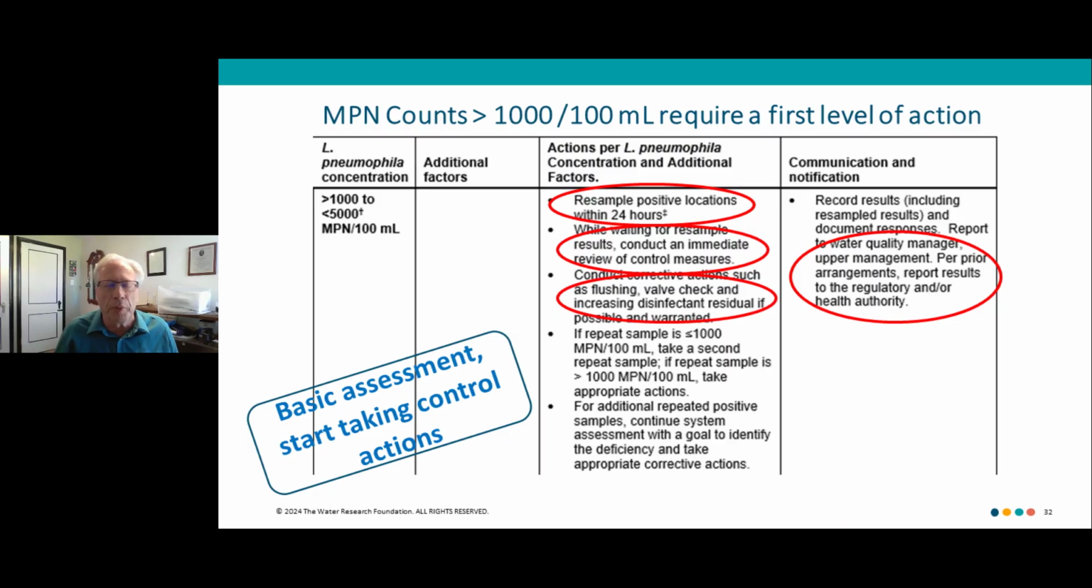If it's running low, maybe you want to boost it up a little. That could be by valve changes or flushing. Maybe there are some easy, common sense, low-hanging fruit type of actions you can take in response. At this point, you have to decide, what agreement do you have with your local health agency or your primacy agency? And are you reporting that data up the chain of command? Are you sharing that data and getting agreement on your response and how you're keeping an eye on the data